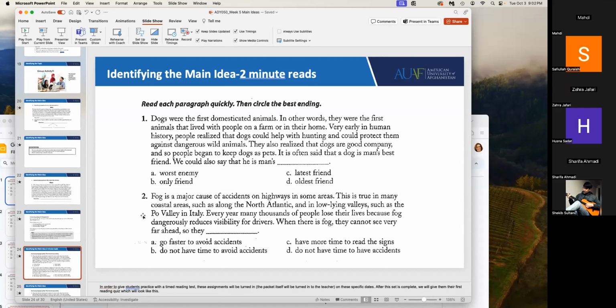So go ahead and put what you think is the answer for number 1 and number 2 in the chat box and I'll see if anybody gets it right.